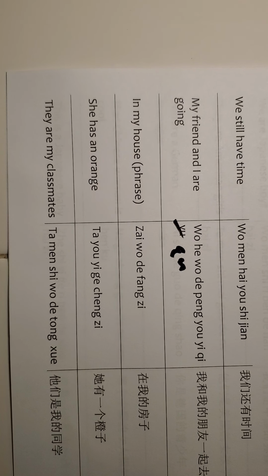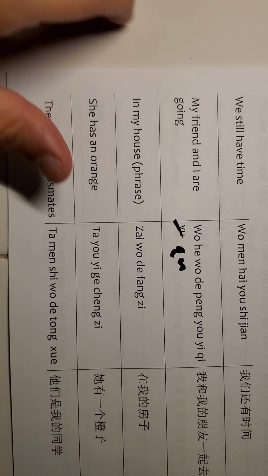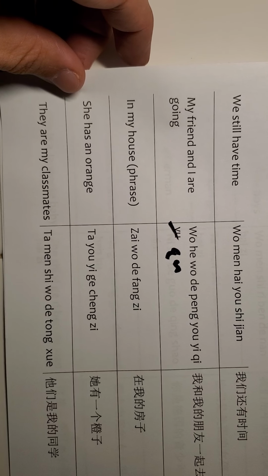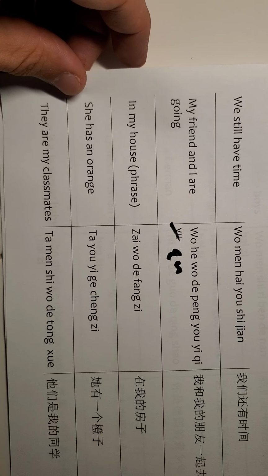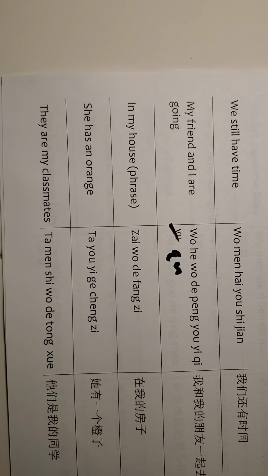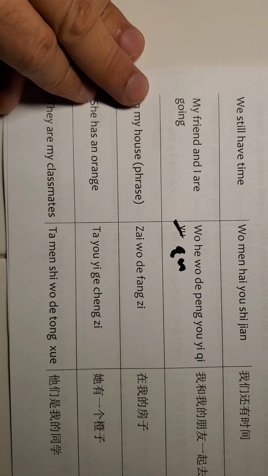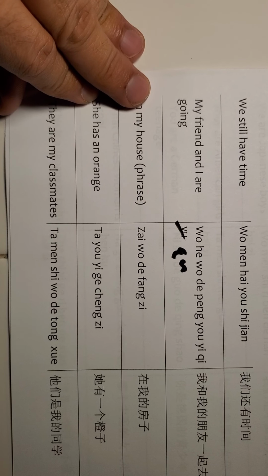他有一个橙子. What silly sentences. I don't know, orange or juice, 橙子, like orange. 他有一个橙子, and then the word for a circular object. I could be getting this wrong, I think it might be ling, but then again, it's a spherical object like the measure word. But it's a fruit so it might be some measure word for fruit, so I don't even know, but let's just say 他有一个橙子. 他有一个苹果. Whatever they are. My classmates. 他们是我的同学.